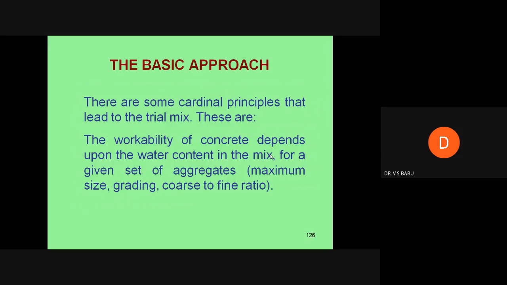If you don't have the oxygen, you are unable to breathe, then you will die. Similarly, the concrete also, if the air is not there, that means workability is not there. The absence of the air is equivalent. That means the workability property is very, very important. I am stressing here, the workability of the concrete depends upon the water content in the mix. So generally, what is your thinking?